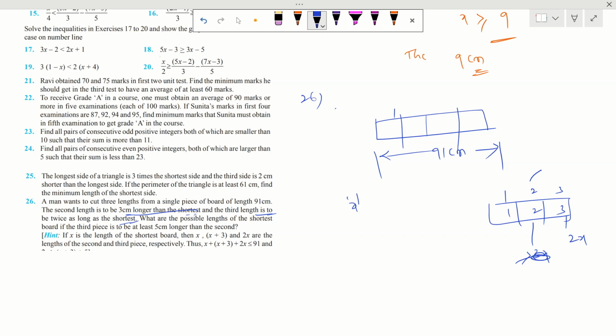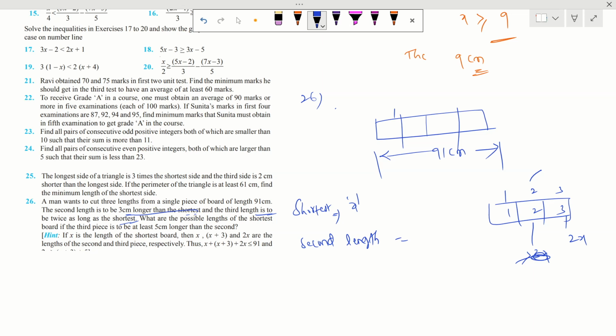If x is the shortest length, the second piece of the length will be